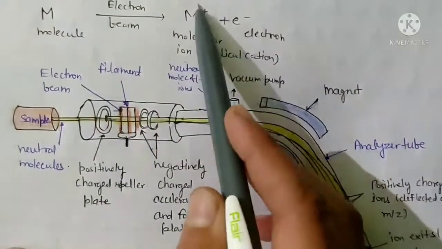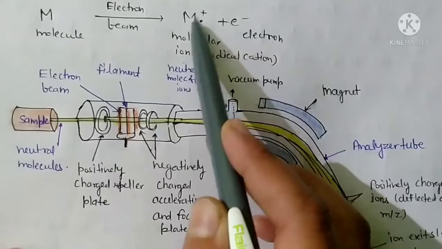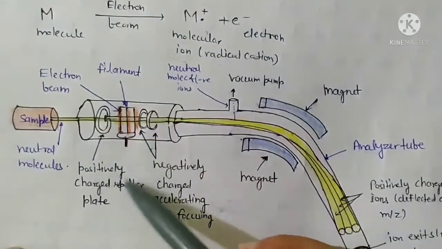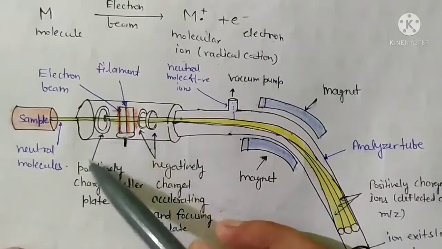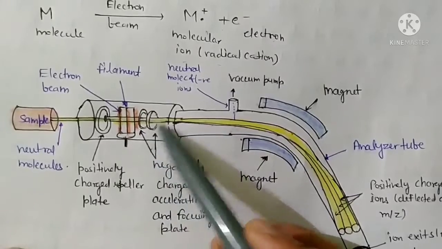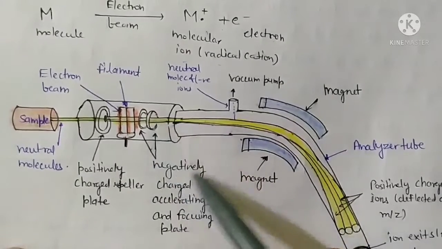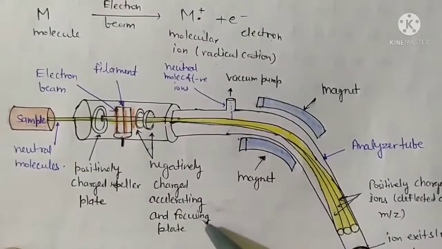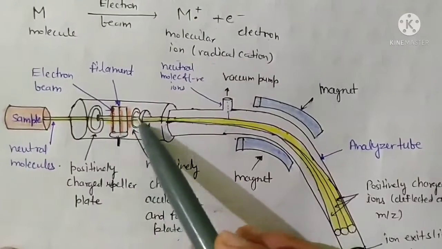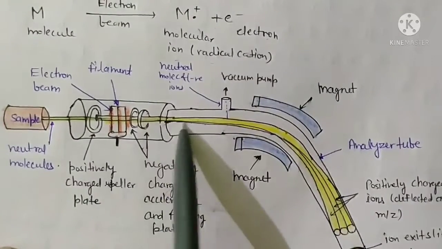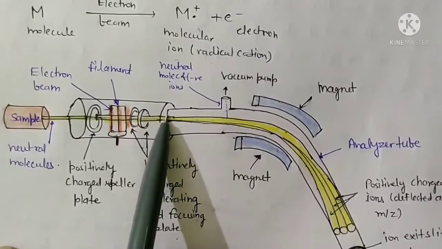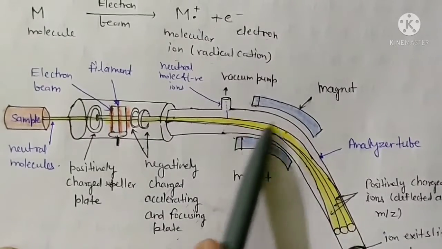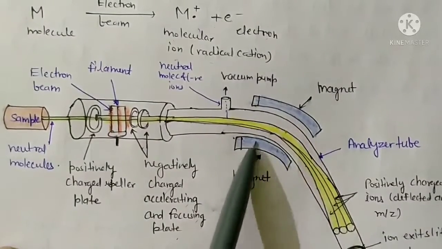When the positive ions produced are positive in nature, this positively charged plate repels those ions and they are incident on the negatively charged accelerating plate, and then acceleration takes place, and ions move through the magnets, and